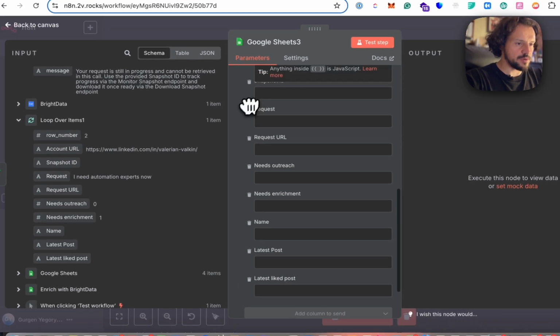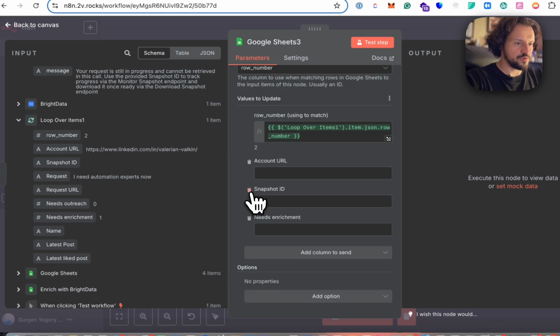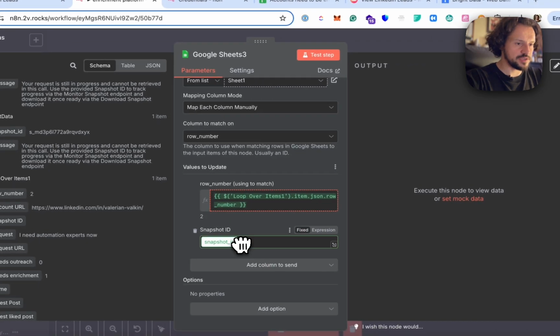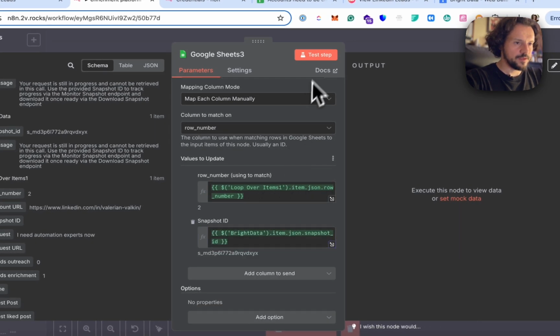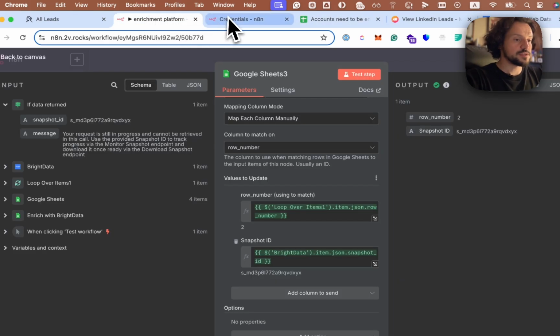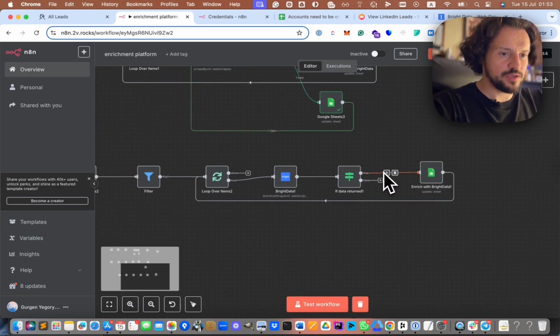We will just update the snapshot ID. Let's remove all of that and add the snapshot ID from the BrightData node over here. So you can see it added this snapshot ID to my profile over here. I'm not sure if the BrightData node is going to work now, but we can actually go to the